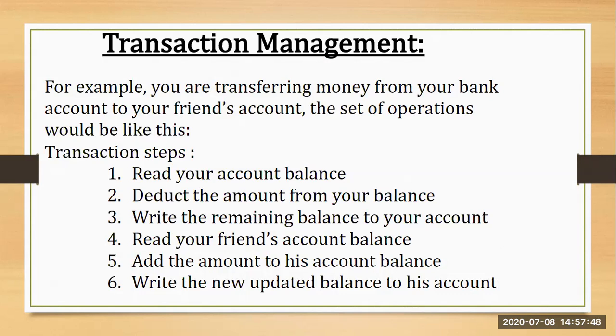Fourth, once it is deducted from your account, you will tell your friend to check his account balance. Fifth, add the amount to his account balance. Once he checks the balance, he will update you that his account balance has been updated and the amount has been received. Finally, step number 6 is the last, wherein you both will see the updated balance. You will see the debited account and he will see the credited account. So these are the steps of a transaction. You have to always note that in a transaction, all the operations have to be executed one by one so that your database will be in a consistent state.